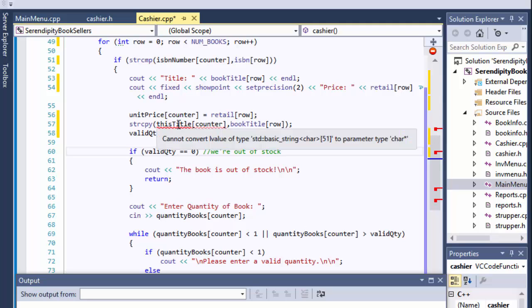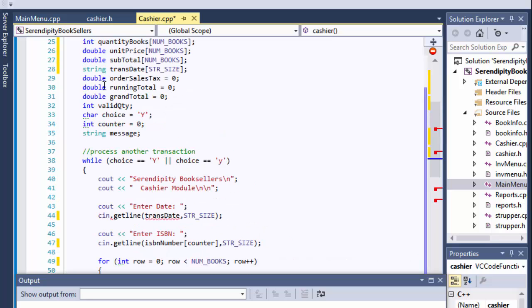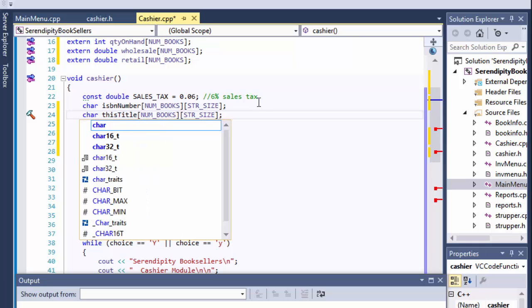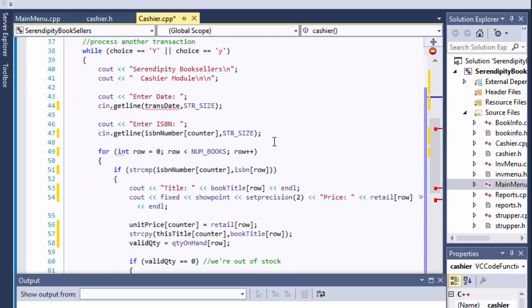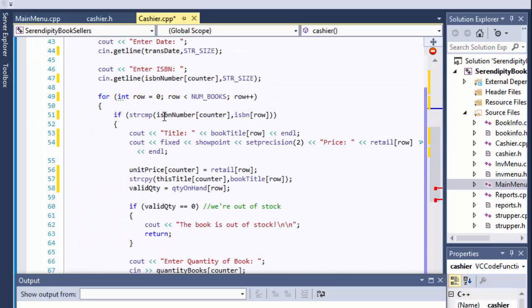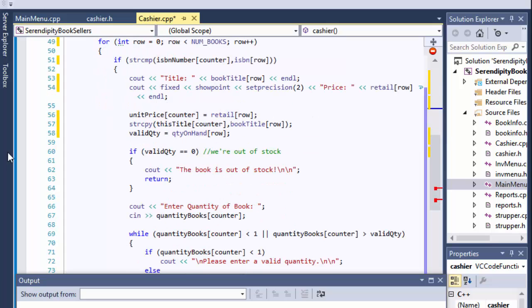Okay. What is it saying? Do I have it? Oh, I have this title as string. I'm sorry. Of course, it's a character. Okay, so I have this one as well. I forgot to change them to characters. So that's why it was underlined. All right, so that's our